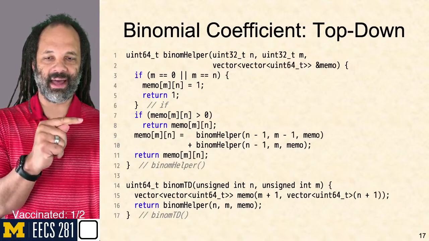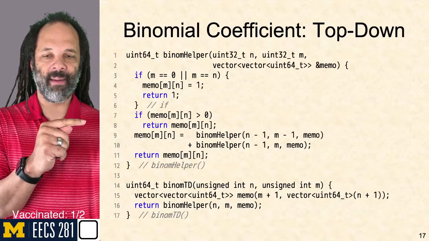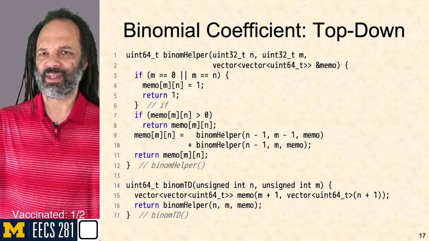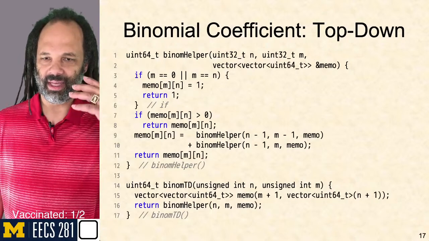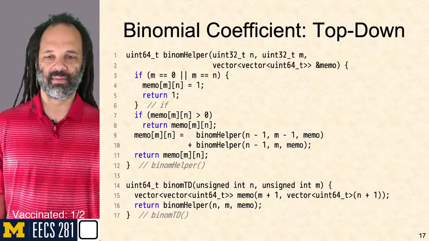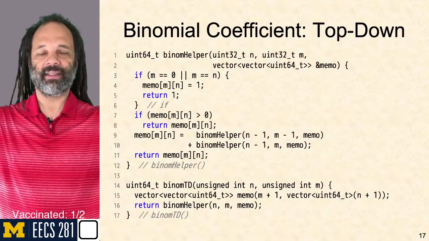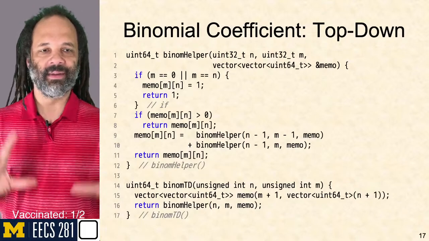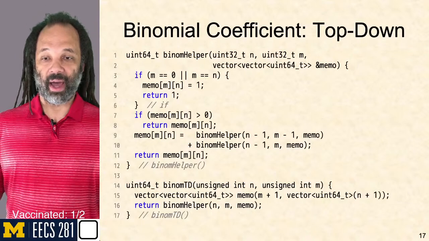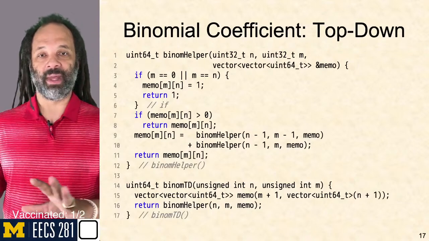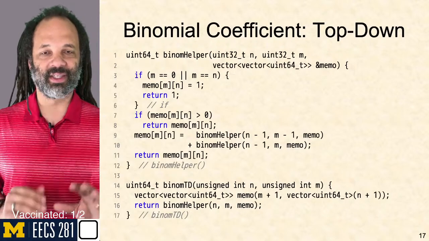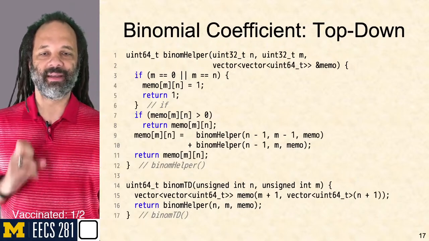Here in line 7, it says if memo at mn is greater than 0, which means somebody's already calculated before. If it's already calculated, just return it instead of recursing. And that's it. That fixes the whole thing. The rest of this is mechanics of how to get this put together. We'll talk about it, but that was what it was. We took that previous one that was elegant and horrific, and with just a small little tweak, we've made it